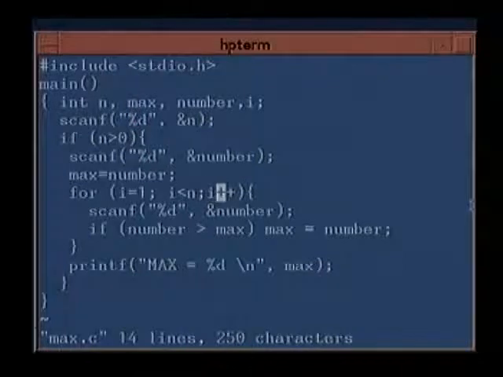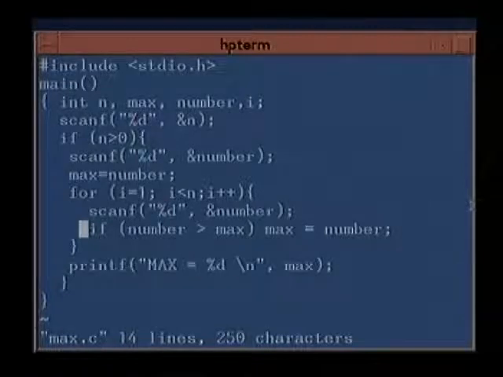There are other issues related to this i plus plus, which we shall come to later on. But for the time being, it just does i equal to i plus 1. You could have written i equal to i plus 1 here also. I've just written i plus plus to introduce this construct. Since there is more than one statement in this for loop, you have to define it in a block. The block starts here and ends here. This block has two statements inside. One is to read in the new number, and the other is the if statement: if number is greater than max, then max is assigned number.